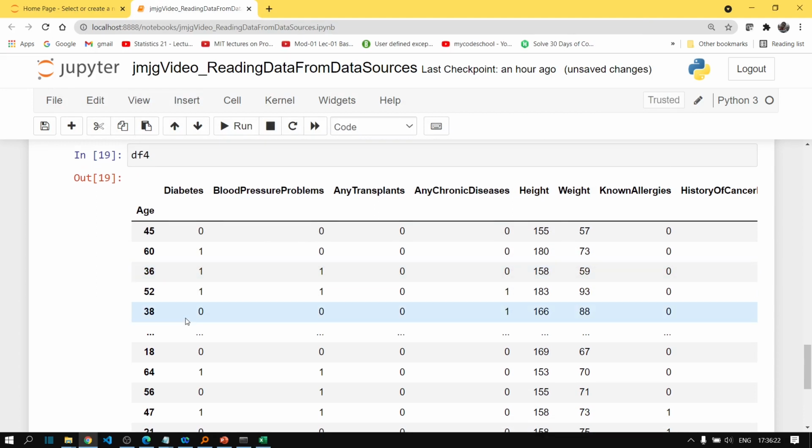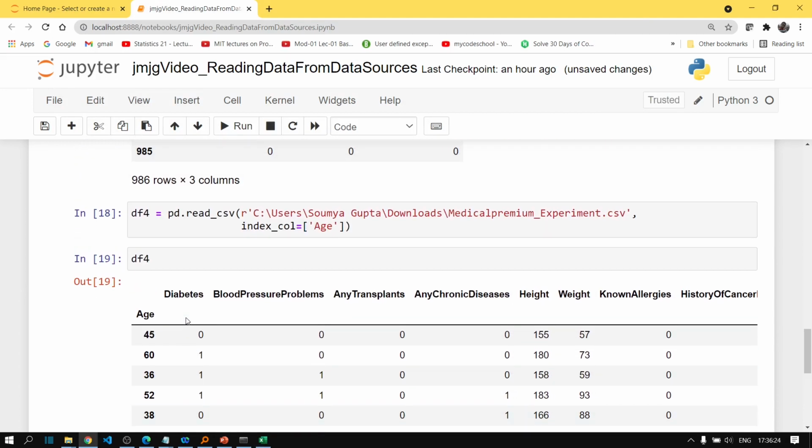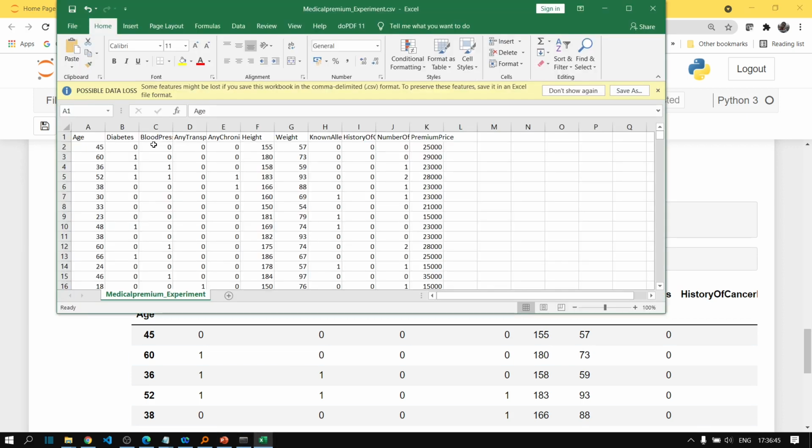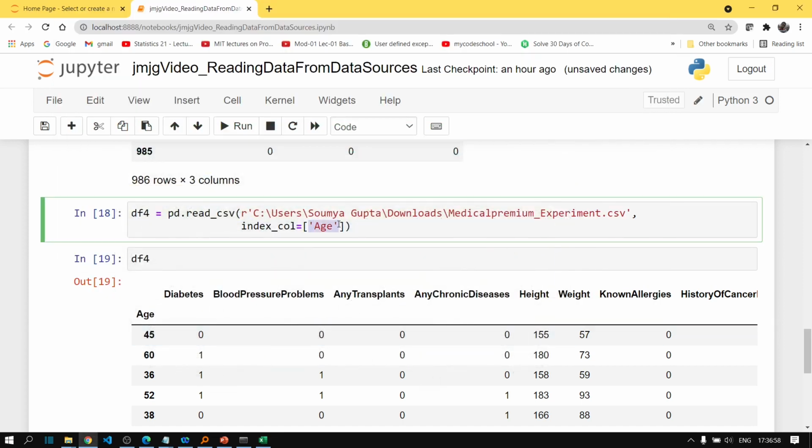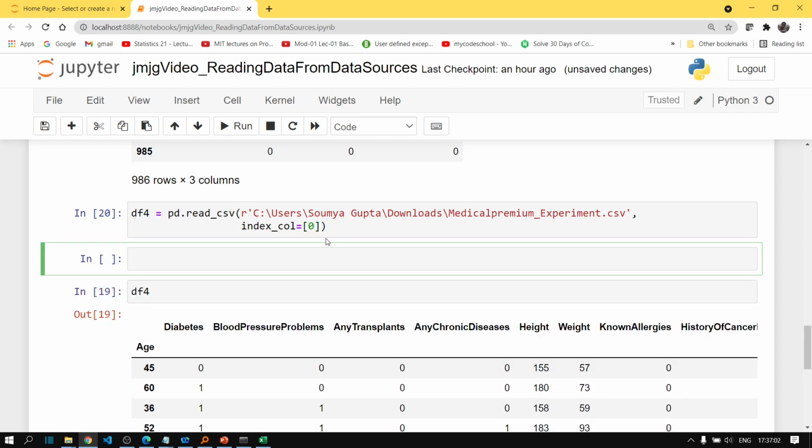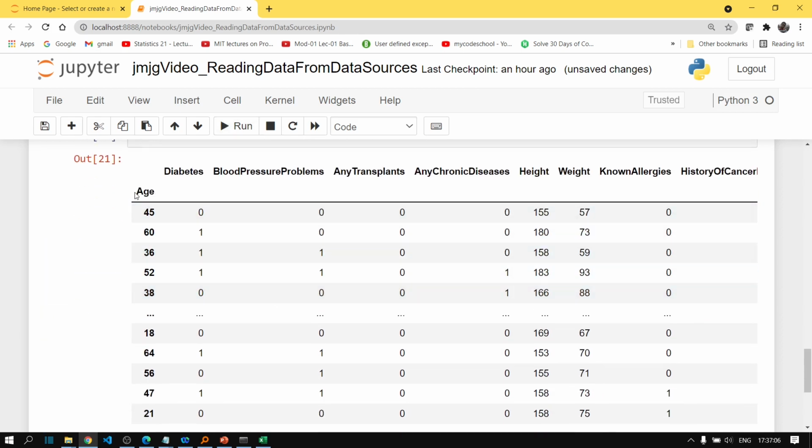So this is how you can use a particular column as the index of the data frame. Just like the previous case, instead of using the exact column name, you can also specify an integer value which matches with the number of the column. We can say that age is the 0th column, so you can pass 0 instead of passing age. Let's run it again. Let's print it again, and you can see the same result.